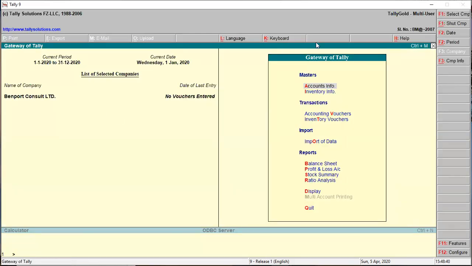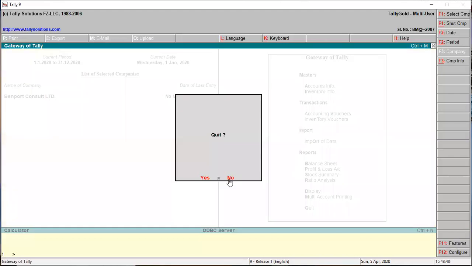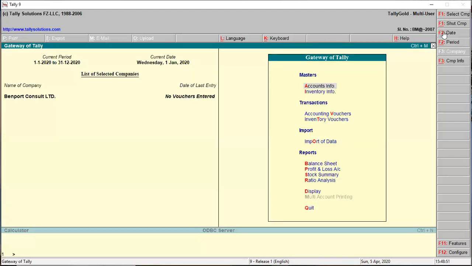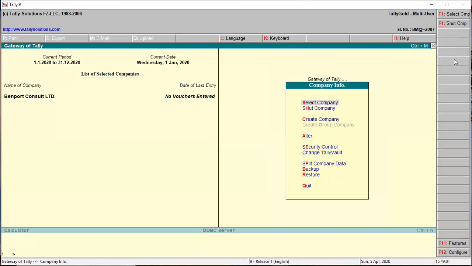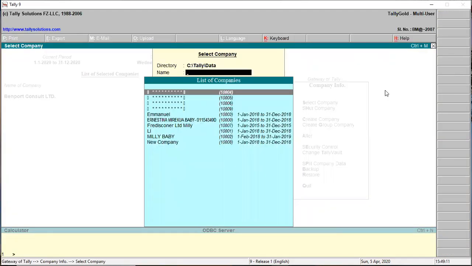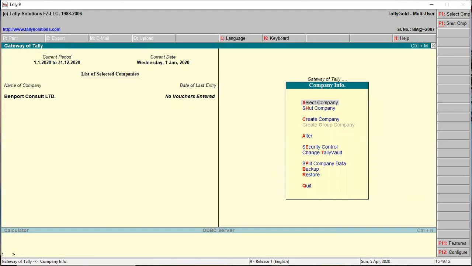I want to shut down Benport Consult. I can go back here. I'm not in Gateway, so I go back to Gateway of Tally. Then I say shut company. So F1 sends me to no. So I come here, company info. Yes. So from the button bar here, let me go back. Good. From the button bar here, you can see a lot of things over here. So when you go to company info, you just